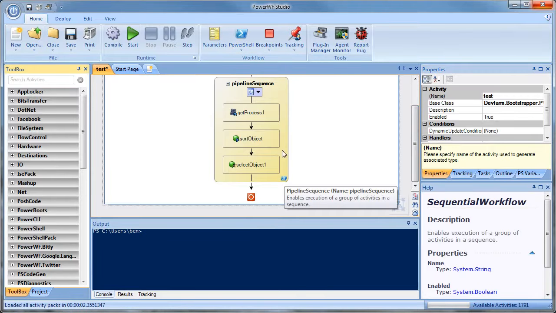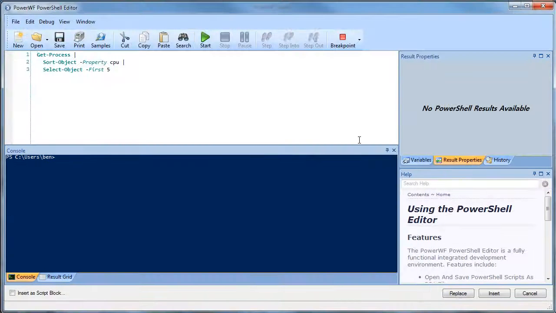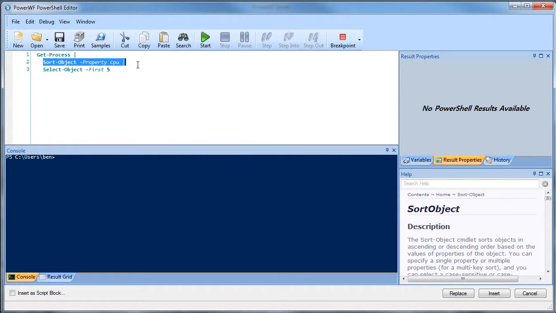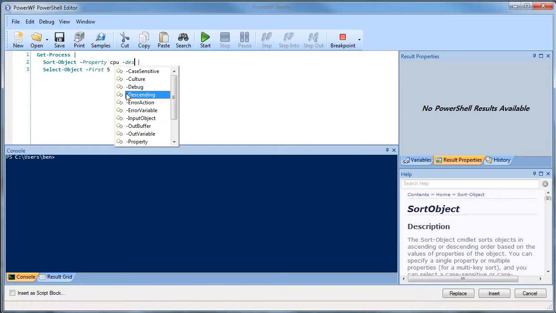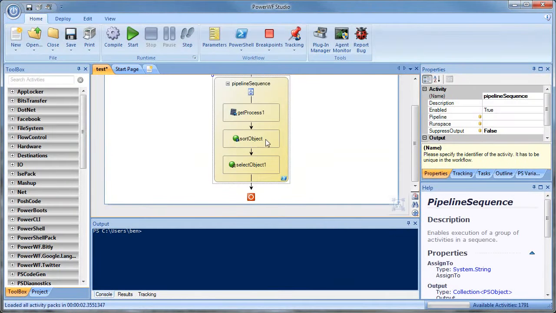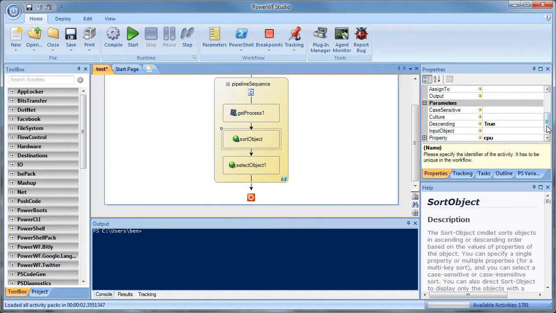And any activity you see in the workflow that has a blue button, you can click on that blue button, and we'll take you back into the editor for whatever activity you're looking at. So this is a real two-way editing. You see now we have the sort object, the CPU that we didn't have before. Let's say we add in the -Descending switch parameter, for example, and let's replace. If we come back and look at our sort object now, you'll see that we have -Descending true here